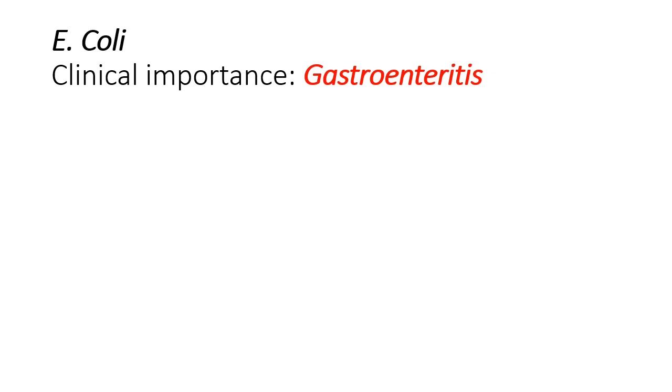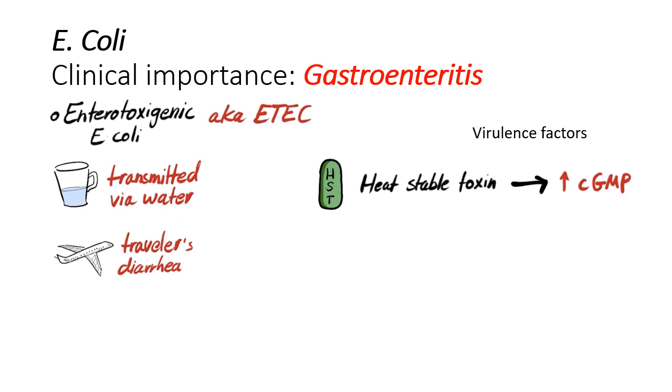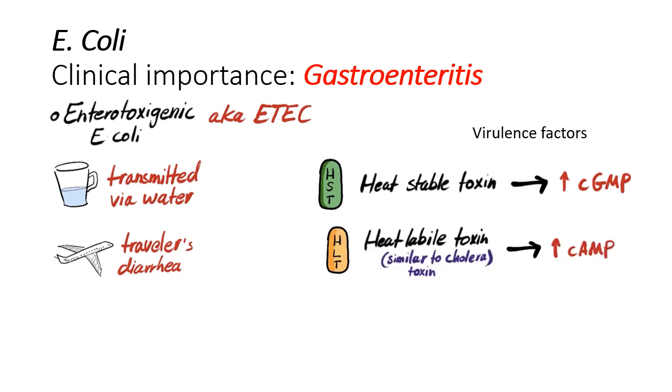Now, to continue on the most clinically important gastroenteritis diseases, the enterotoxigenic E. coli, also known as ETEC for short. Since it's happening in the gastrointestinal tract, it's transmitted by water, and it's also known as traveler's diarrhea because it's very common when you travel to endemic areas like developing countries. And this happens because the bacteria has different virulence factors, especially the heat labile toxin and the heat stable